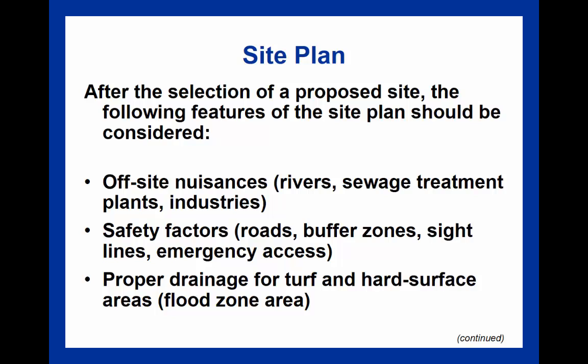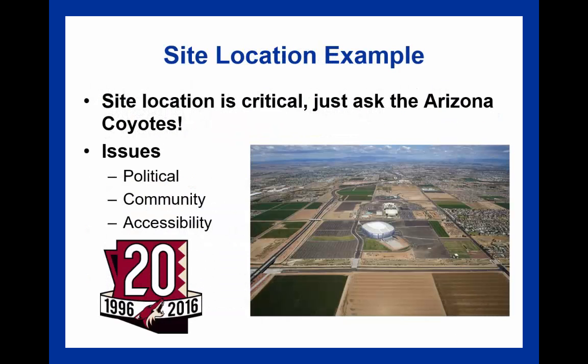Now, once the site actually has been procured and identified, then we need to talk about the site plan. And in terms of selecting the proposed site, there's different features of the site plan that must be considered. So those off-site nuisances like rivers or sewage treatment plants, anything that would be undesirable to those who go to your facility, making sure to minimize that. Safety factors, making sure that there's proper sight lines in the facility, and then roads going in, proper drainage in terms of preventing flood zones,